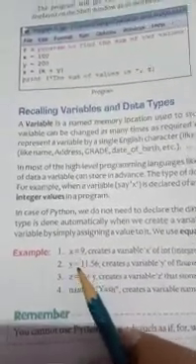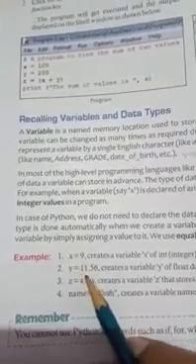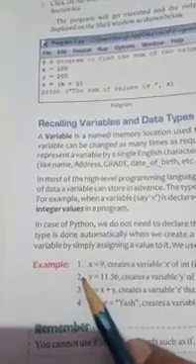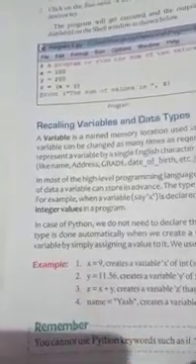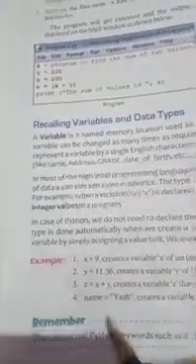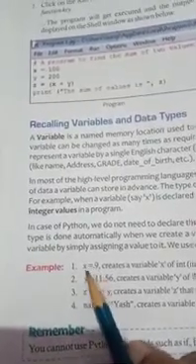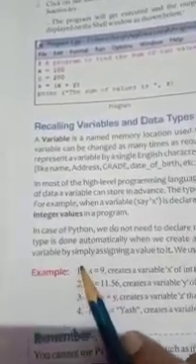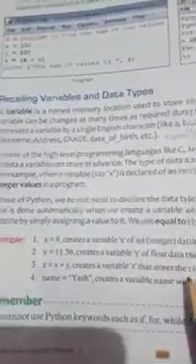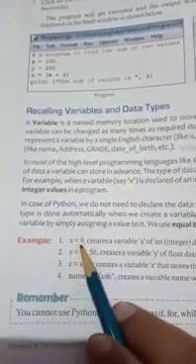We use that equal to operator. Through this equal to operator, when we provide any value to the variable, then its type is automatically decided. Okay, there is no need to declare the type of the value before. At the time of execution, when you provide the value to the variable, its type will be defined automatically. So you cannot use Python keywords such as if, for, while. Any keyword cannot be used as the name of a variable. So when you provide a value to the variable, its type is already automatically decided.